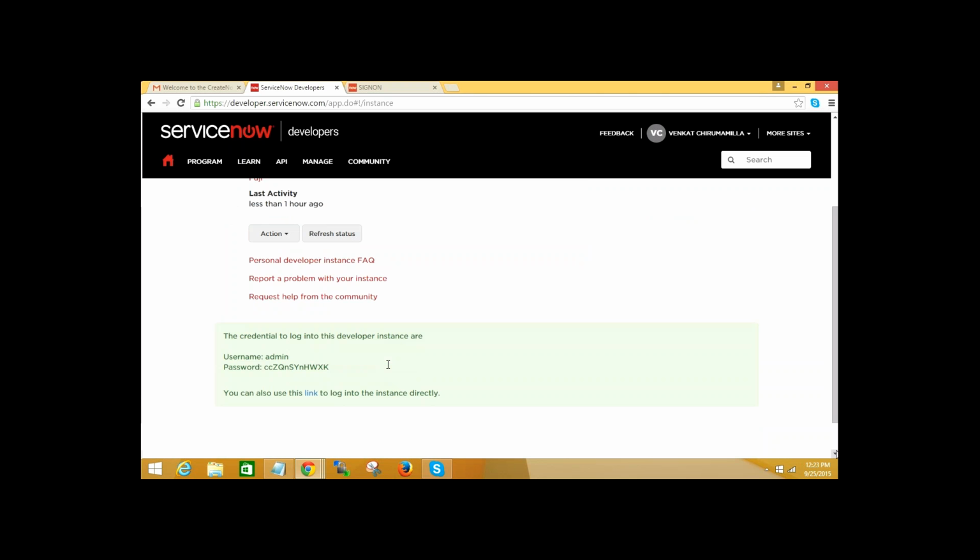Come down. These are the password and username. Anyhow, the password will get changed after your first login. So first copy the username and password into the notepad.